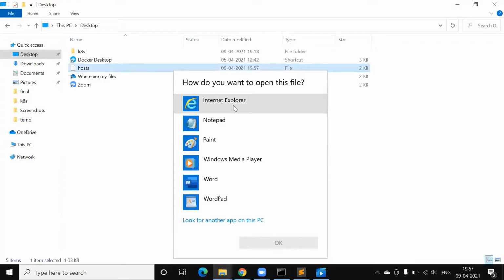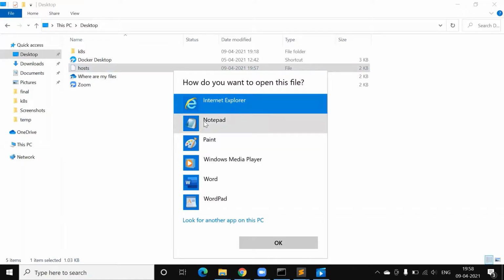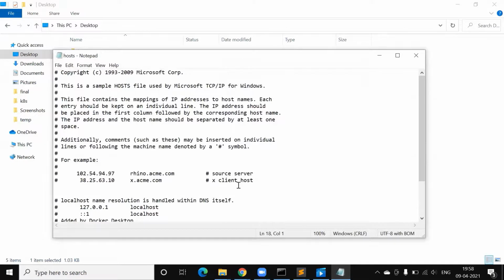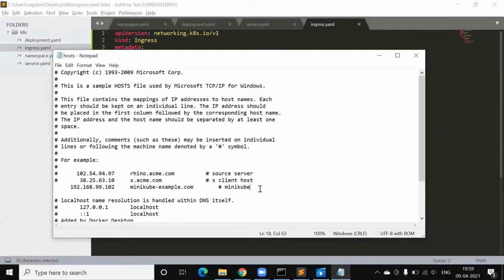Now click on this file with some text editor, and we'll have to paste the mapping of the IP address of Minikube with this particular domain name which we have configured in our ingress file, so that upon us typing this particular domain name in the browser, it will be redirected to this IP address, and then Ingress will take care of what to be done upon entering which path. Now save it using Ctrl S.